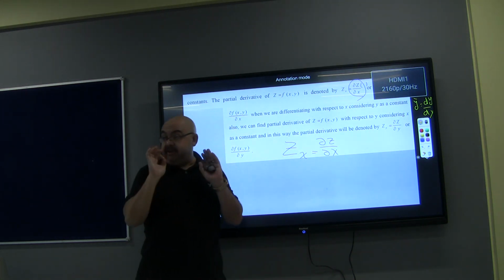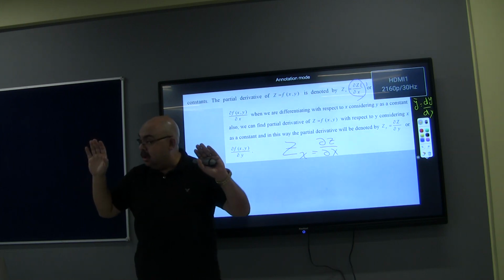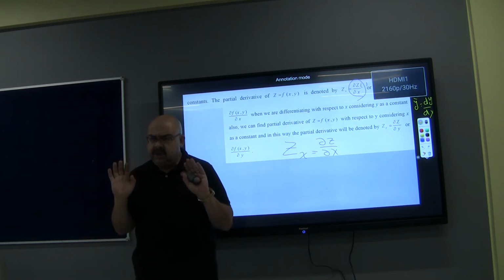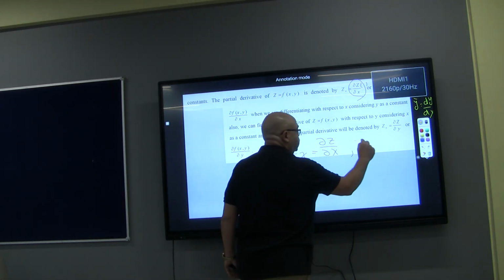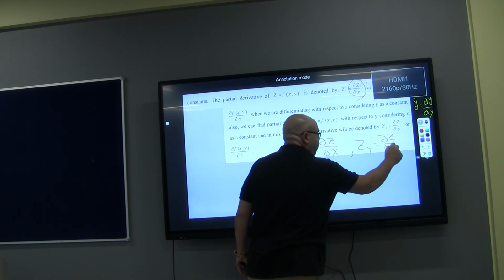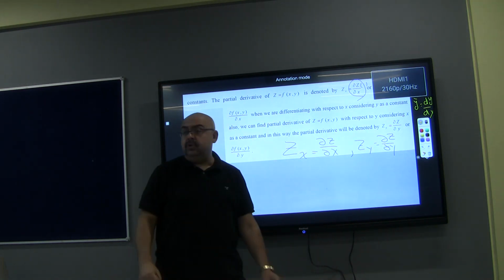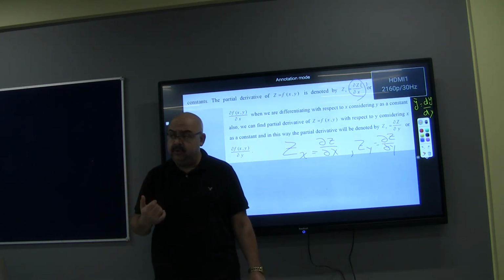You will differentiate with respect to x considering the rest of the variables as constants. You will treat them like numbers exactly. Same way, if you are trying to get z sub y, it's going to be partial z partial y. If we want higher derivatives, partial 2z partial x squared, partial 2z partial y squared, it's going to be the same,